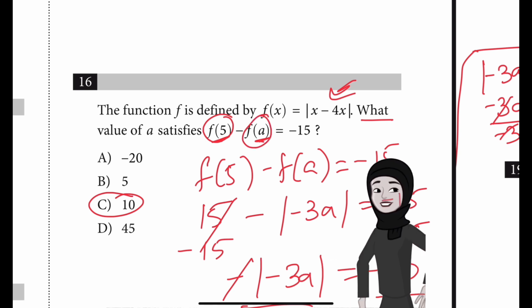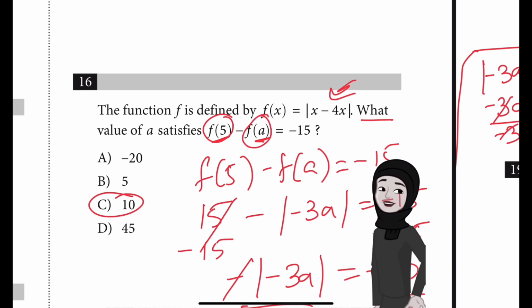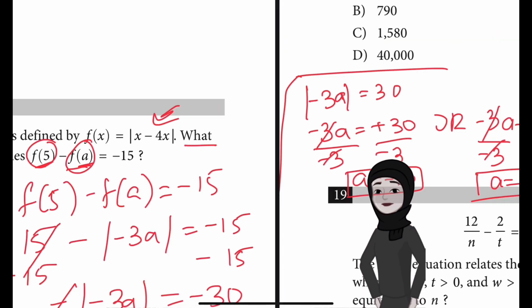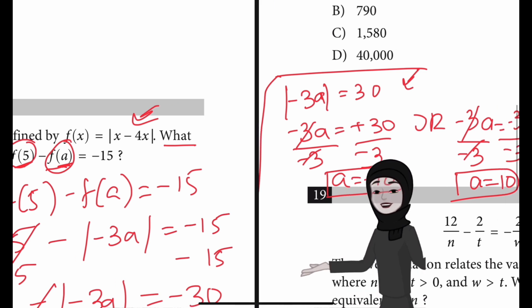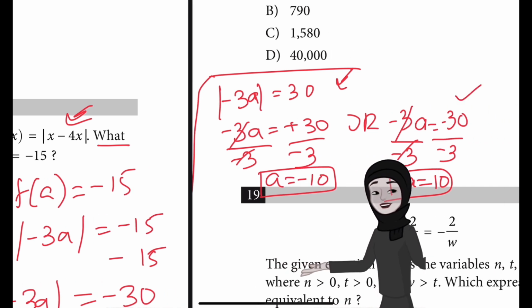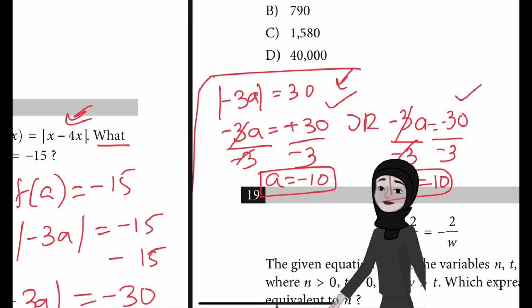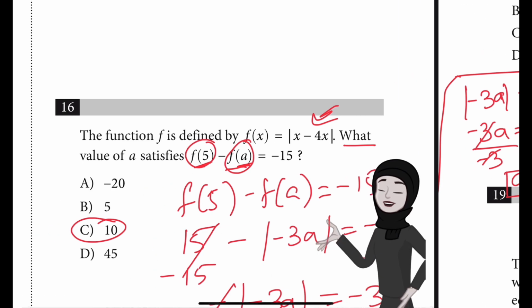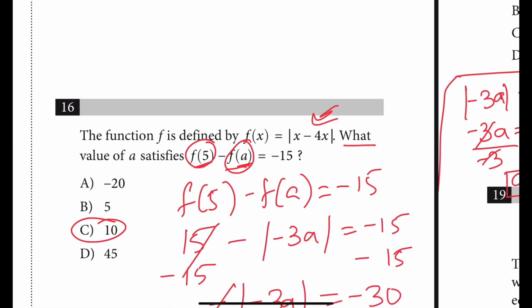So what we had to do here was, we had to take the function f of x, calculate f of 5. Then substitute a also in the function, simplify it, perform some inverse operations, and then use the absolute value function. So when we solve, we are getting absolute value of negative 3a is equal to 30. Then we had to remove the absolute value sign and take both the positive 30 and the negative 30. Two solutions are possible. And when we simplify, either a is negative 10